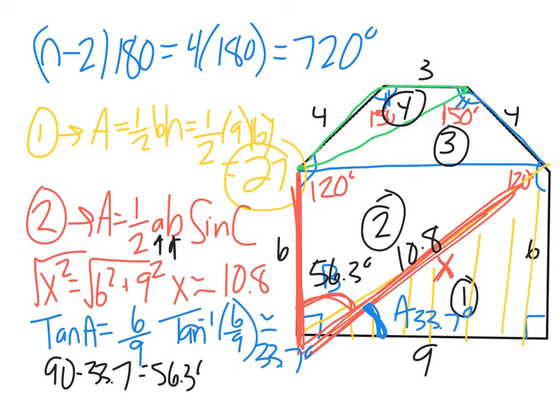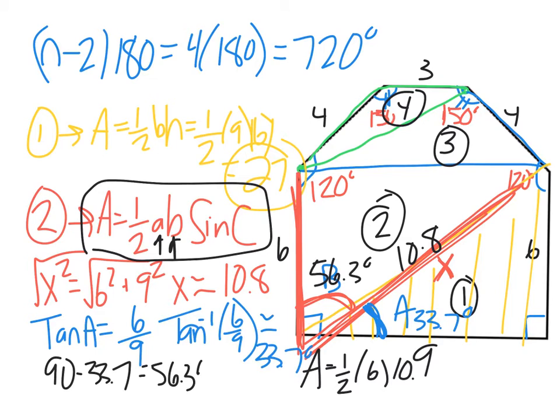And I'm ready to go ahead and actually compute this area formula now. All I need to do is go on in, and I'm going to just tuck it down here real quick. Area equals 1/2. I have 6 times 10.8 times the sine of 56.3 degrees. And what you get for this area is 26.955, which rounds to about 27. So the area of triangle 2 is approximately 27,